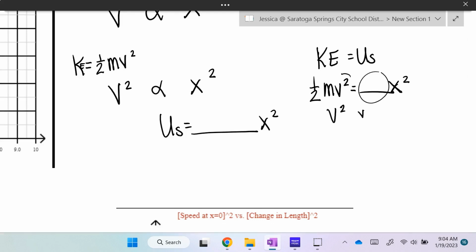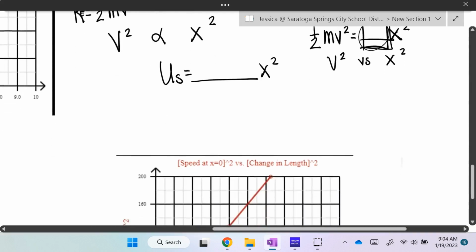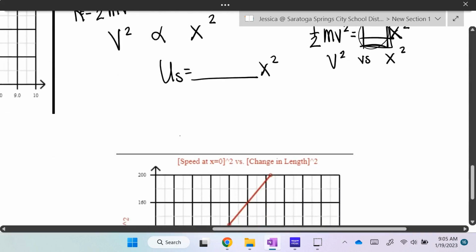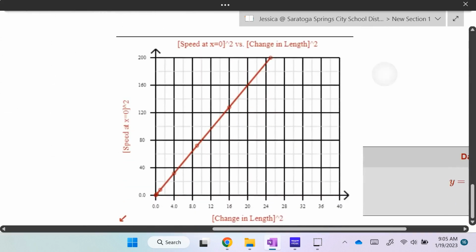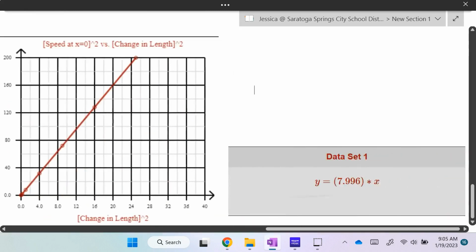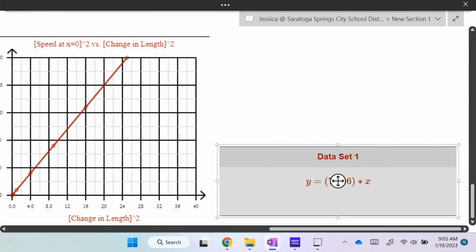So like I said, I'm going to graph v squared versus x squared, because the slope of that graph should help me figure out what is exactly in the middle there. So I went ahead and created that graph. I just asked the program to square both the x and the y data, and it gave me a line graph with a slope of